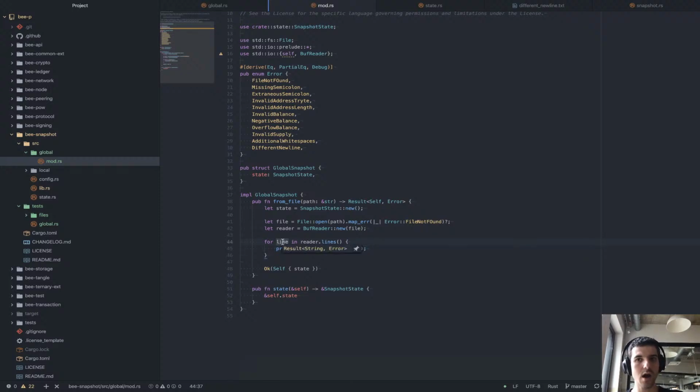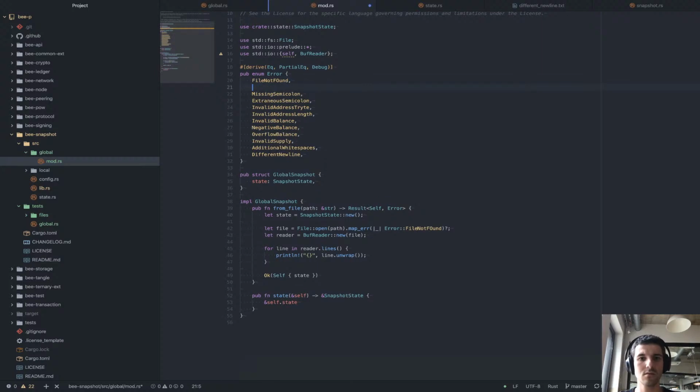Alright, so I'm in the for loop. I have a line. It seems that we have to unwrap the line, so I'm not entirely sure what could fail, but I'm assuming this is just an IO error. Maybe Josh, do you have an idea of what could fail here? Yeah, so I think it's an IO error. So what you probably want to do is just map that to